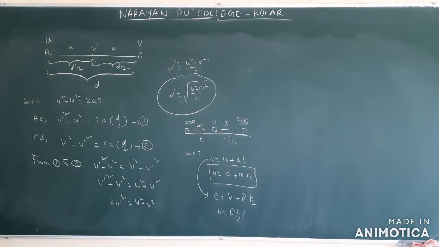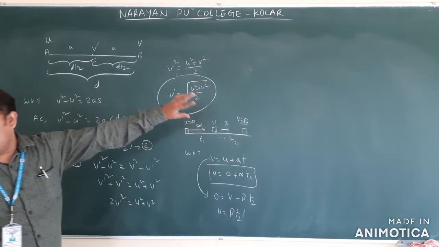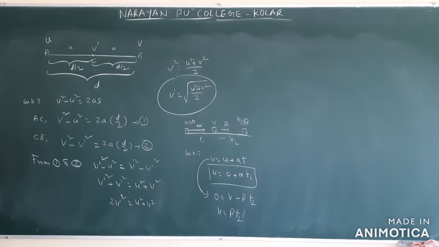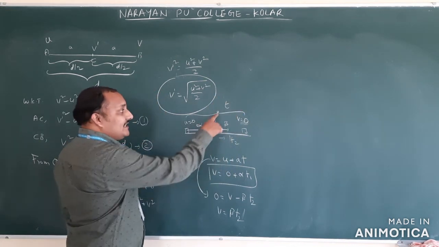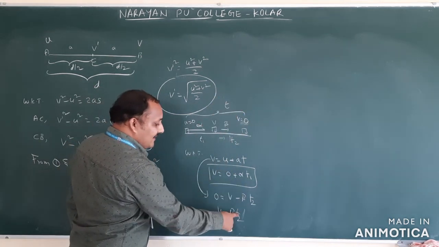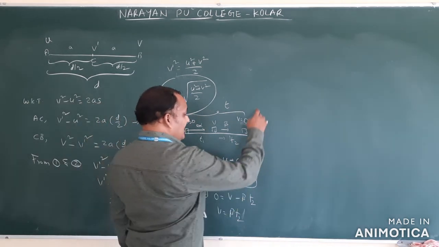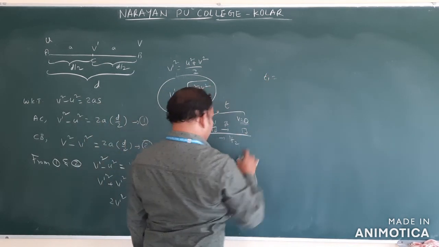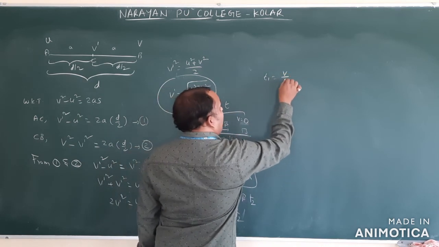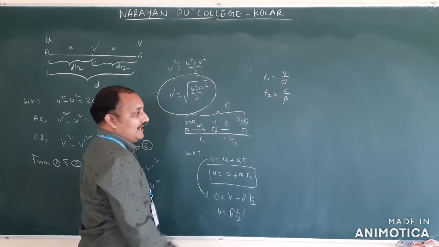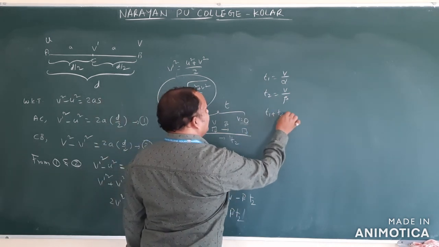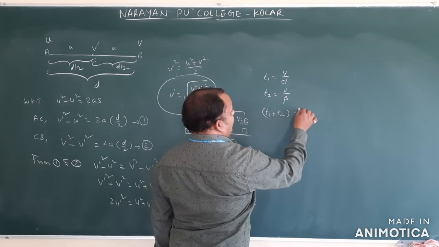Maximum velocity reached. In this problem they have given the total time, isn't it? They give T1, T2. If the total time lapse is t seconds, then the total time from here to here is t. Therefore, you should get the equation in terms of t because we don't know t1 and t2, isn't it? Therefore, what is t1 from this equation? T1 is equal to v by alpha. T2 is equal to v by beta. Total time, how much? T1 plus T2, that is equal to t.